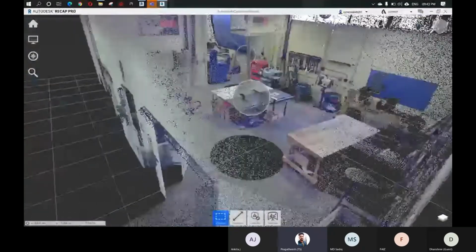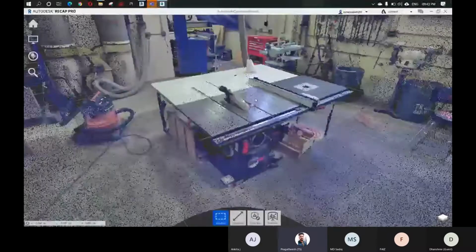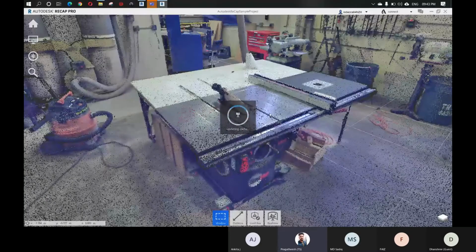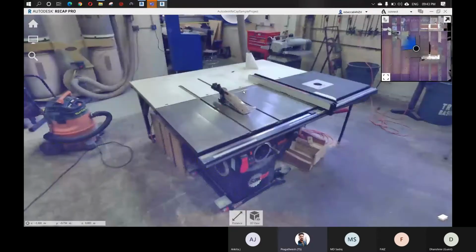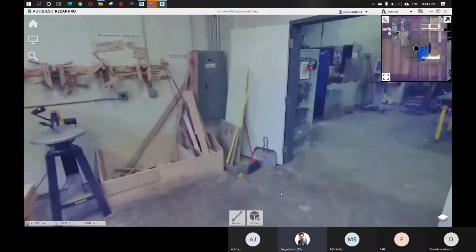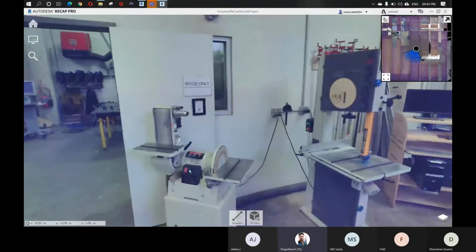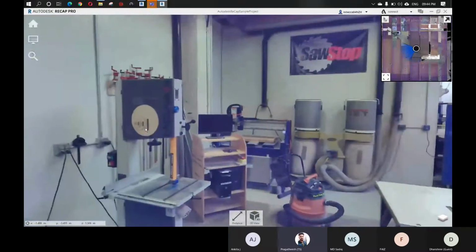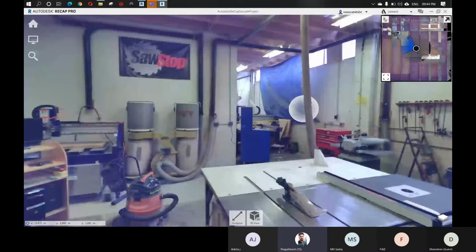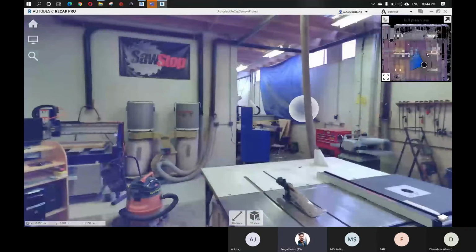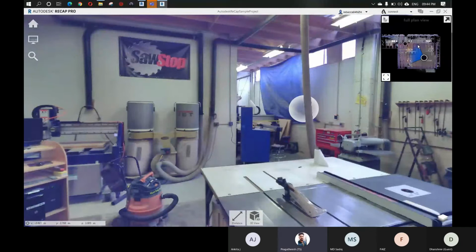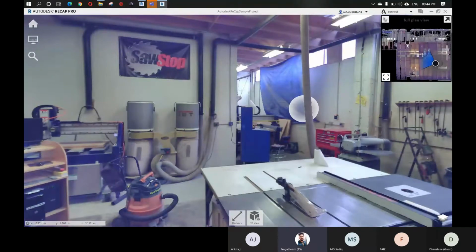When you click one of these bubbles, you can see exactly how it looks. What you're seeing here is the point cloud data, and from this particular control point you can see it accurately. It exactly looks like an image, right? That happens only when you are looking from this control point. At the top, you can see the map. You can zoom out and see the total building, and there are two equipments, right?